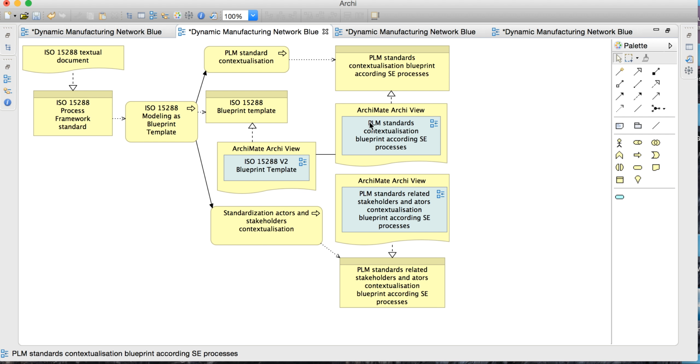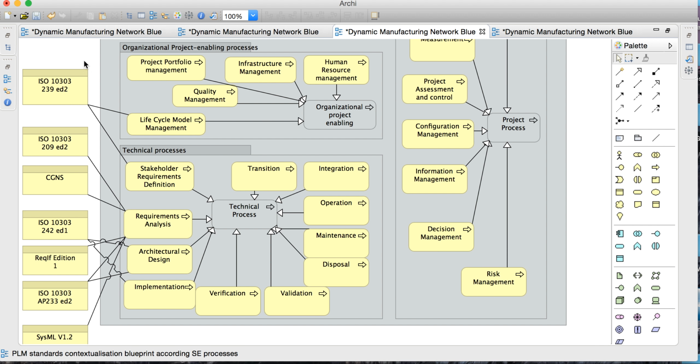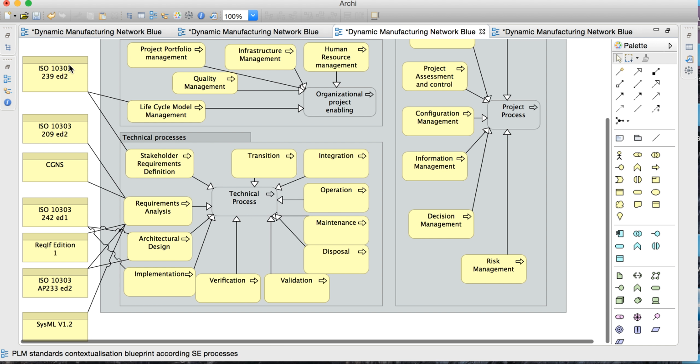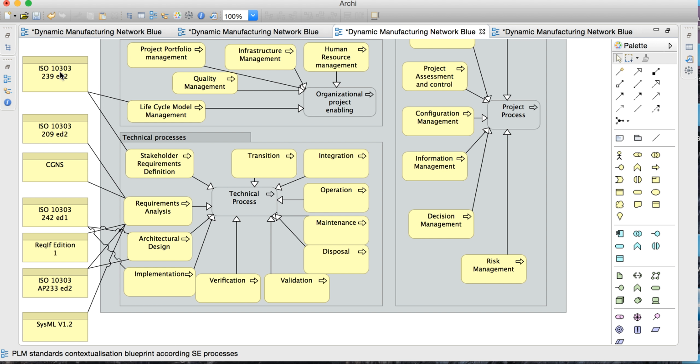From this map, we can then create and make the links between all the standards we would like to study in order to show which process is concerned by these standards or how it can be used in order to establish interoperability within this process or between different processes. And you can see that the standard for system engineering have been identified as potential candidate for this interoperability. It's, for example, SysML, it's ReqIF, it's ISO